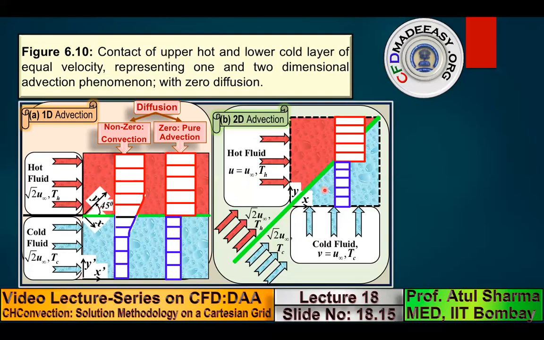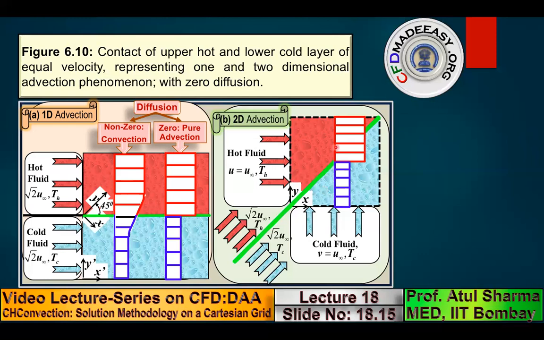So this is the problem that we'll consider for developing a computer program for pure advection as the second component of our product development. Here, let us suppose you have already developed your program for 2D conduction, and here you will develop a program for 2D advection. And not only will you develop it, you will also test it independently, and then you will combine these two to develop your program for convection.